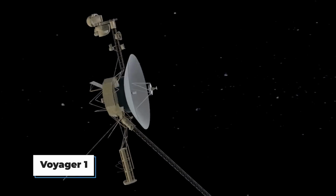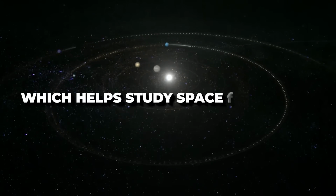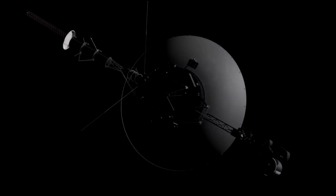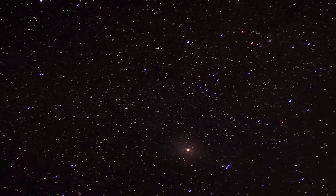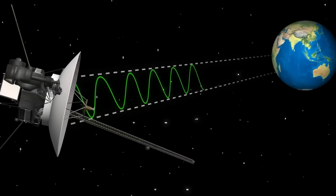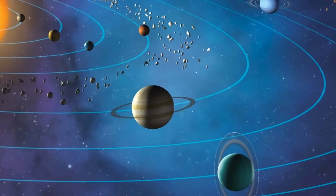Voyager 1 carries a tool called the Plasma Wave Science Instrument, which helps study space properties. This device has noticed that the tiny particles in the space between stars are packed more tightly than those near our solar system's outer edge. This information is crucial as it changes what we thought we knew about where our solar system ends and the